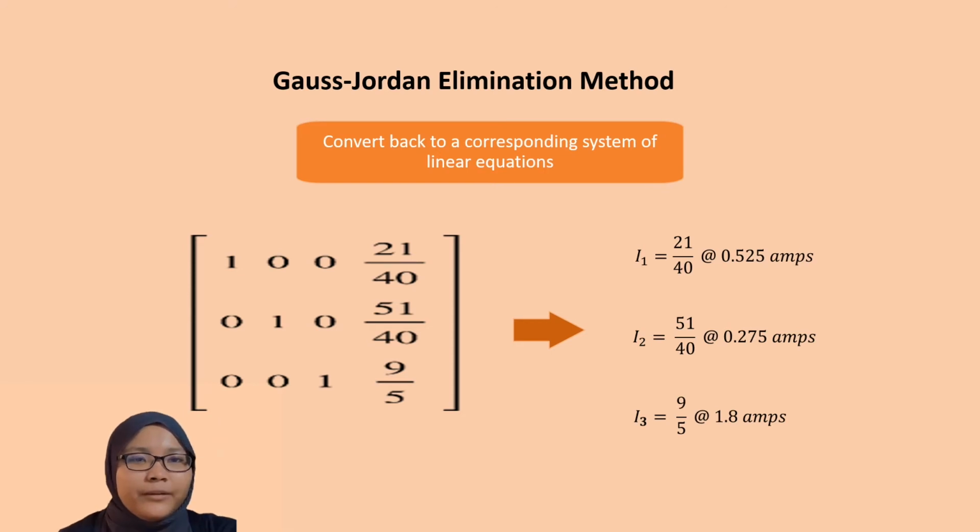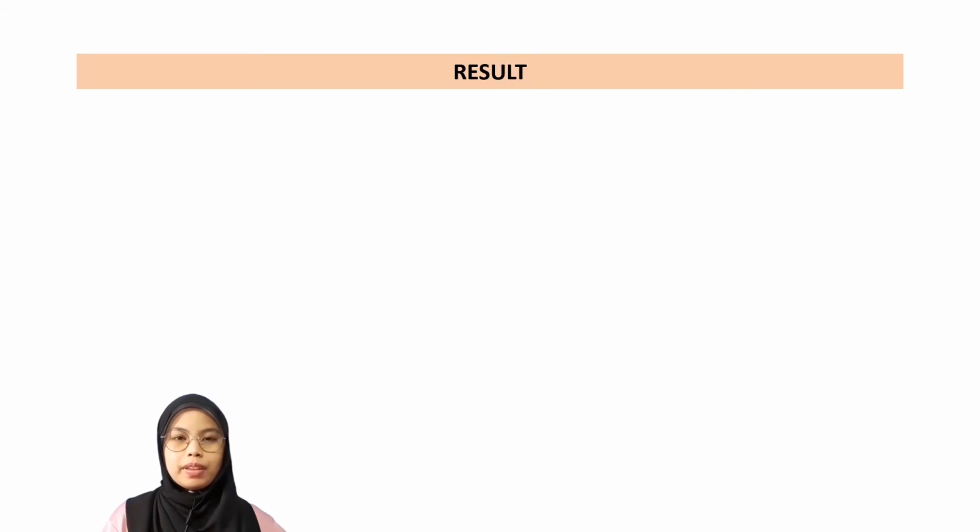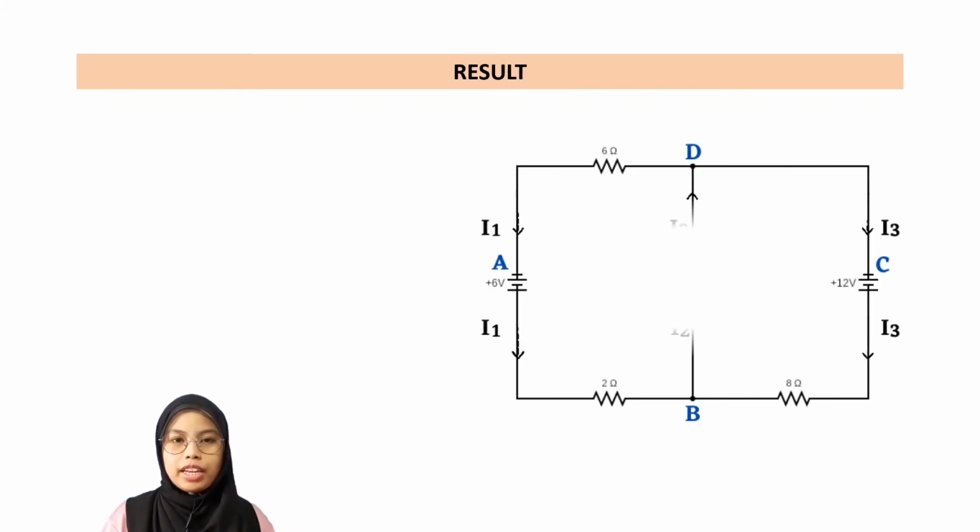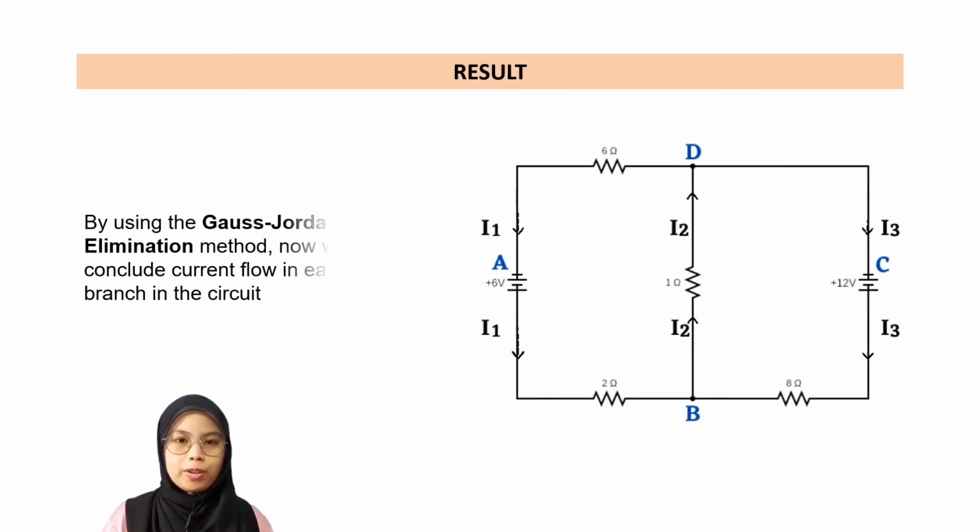I will pass this presentation to Nurul Ainazira for the result and discussion. Now I will continue with the result and discussion. By using the Gauss-Jordan elimination method, we can determine the current flow in each branch of the circuit. Hence, the current flow in each branch is